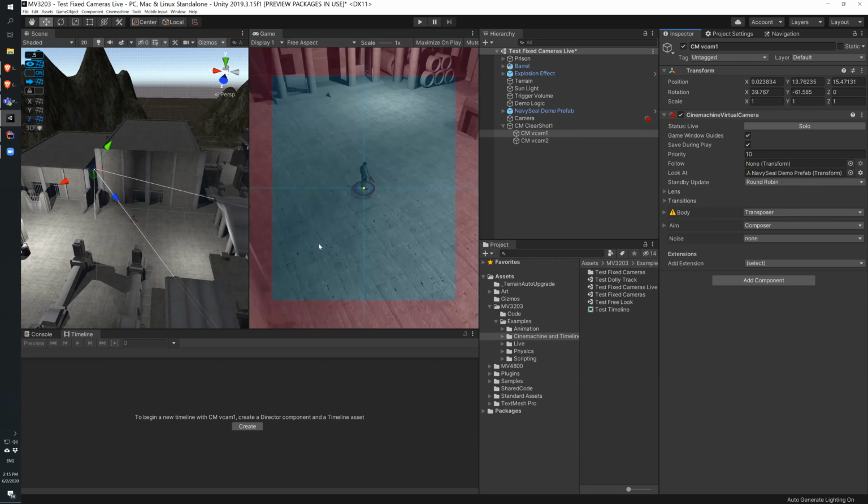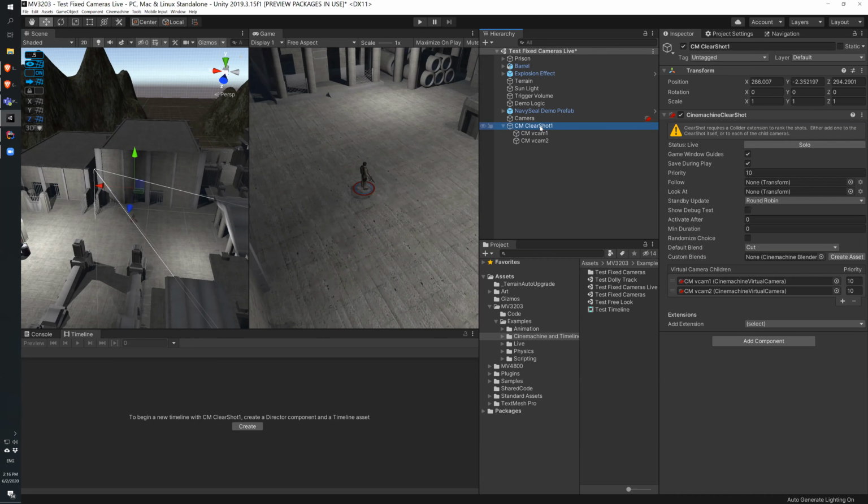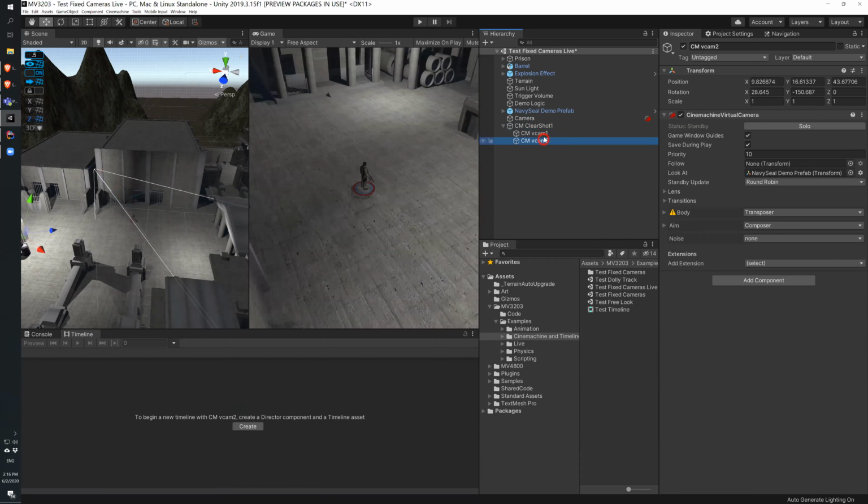And now you can see the different editing tool we have here in the game view versus the scene view. Camera two should also look at him. All right. So coming back up here to clear shots. Now they both have them there. I wonder why these, okay. So I guess you can see that